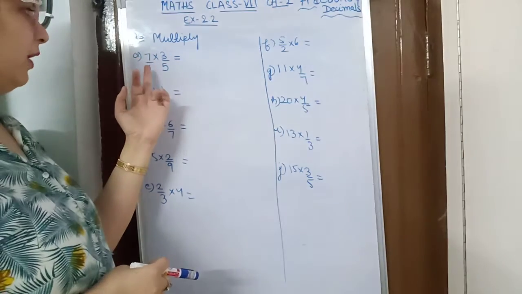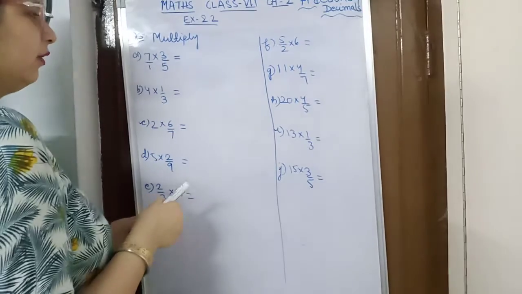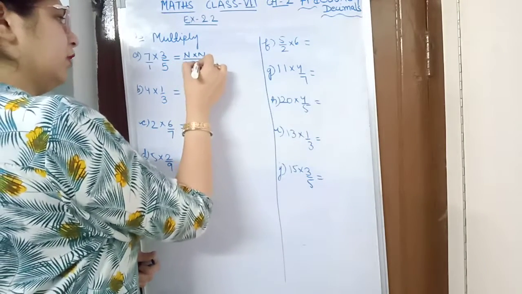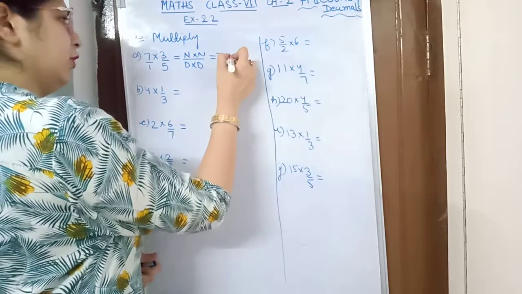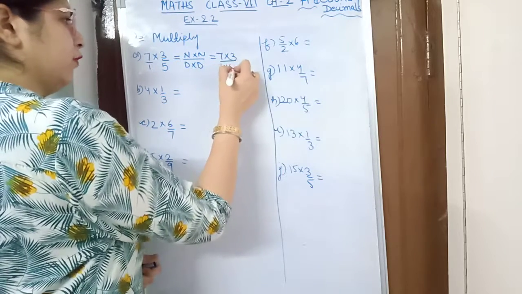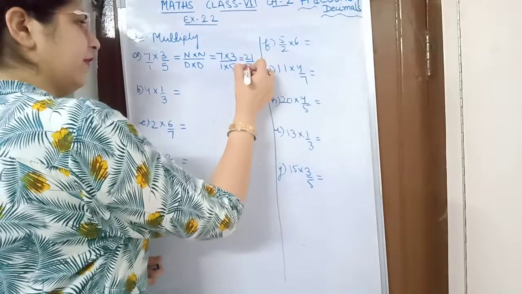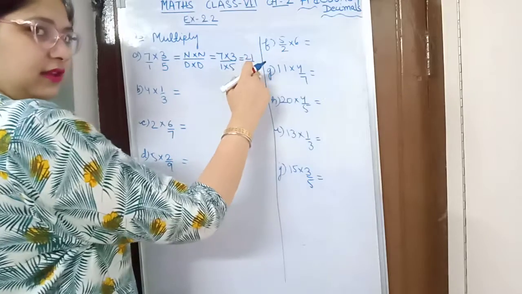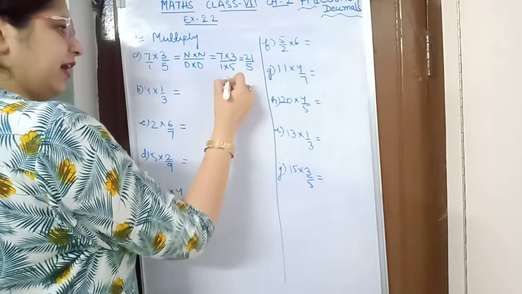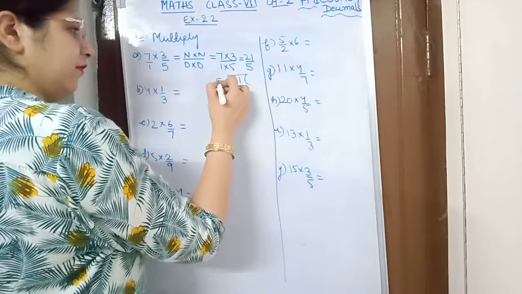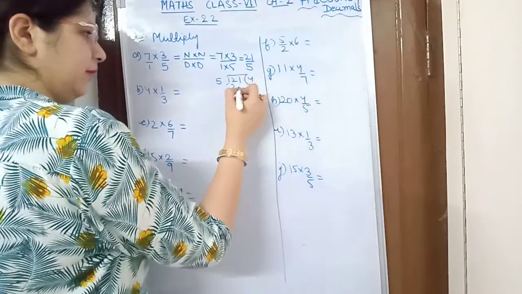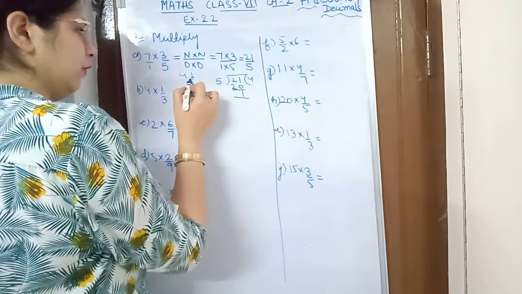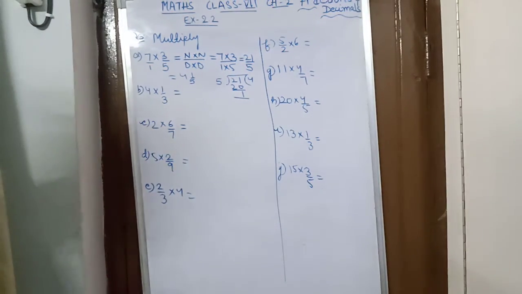We will take 1 as denominator, and now we will multiply numerator by numerator, and denominator by denominator. Numerator is 7 into 3 and denominator is 1 into 5. We will get 7 3s are 21, 5 into 1 is 5. Now this is an improper fraction because numerator is greater than denominator. Now divide 21 by 5 in rough. 5 4s are 20 and 1 remains as numerator. So you will get 4 1 upon 5 as your answer.